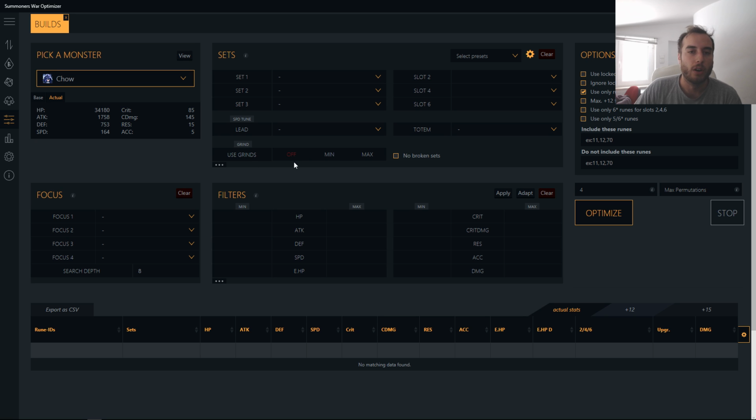I would go with off, because grinds are random, so you don't know what you have. Let's go to focus now. Now this focus, if you're using the app, is probably the most important